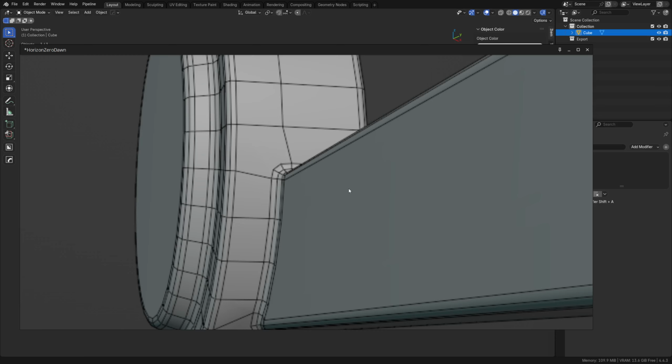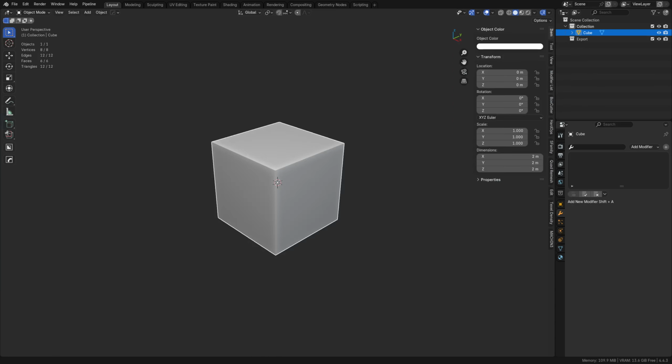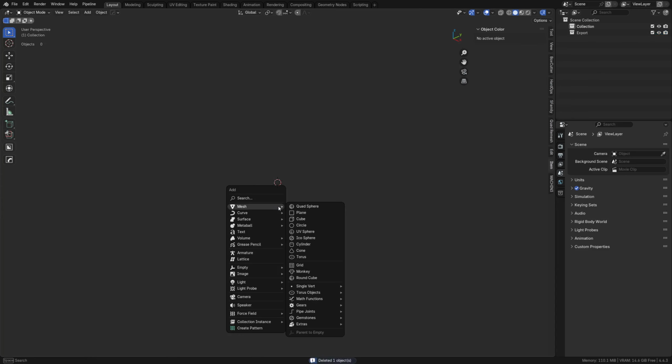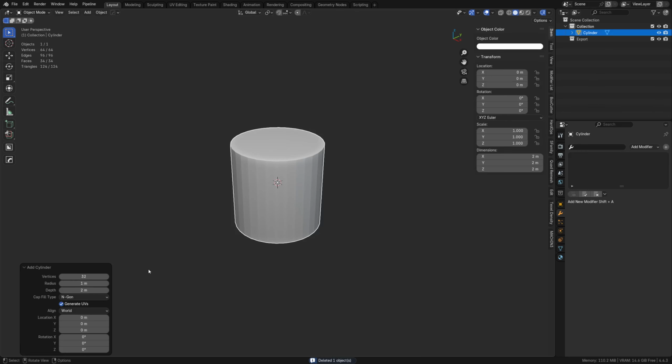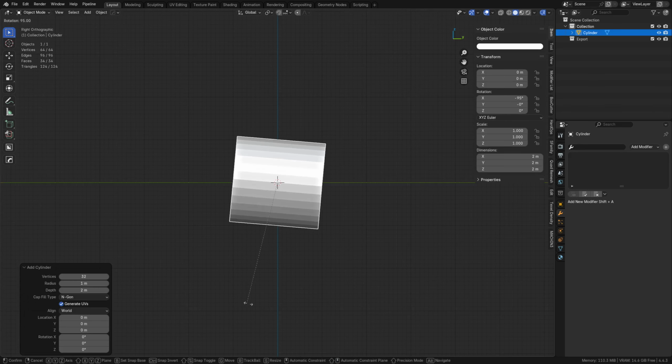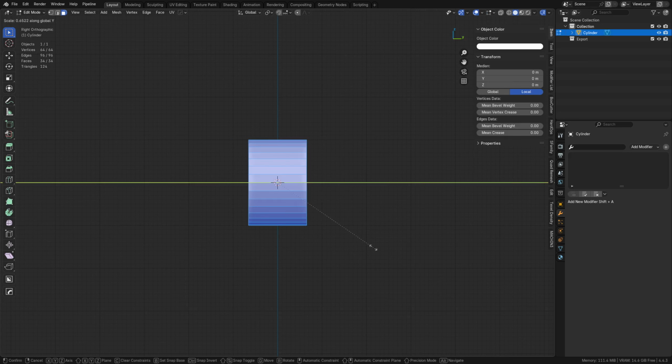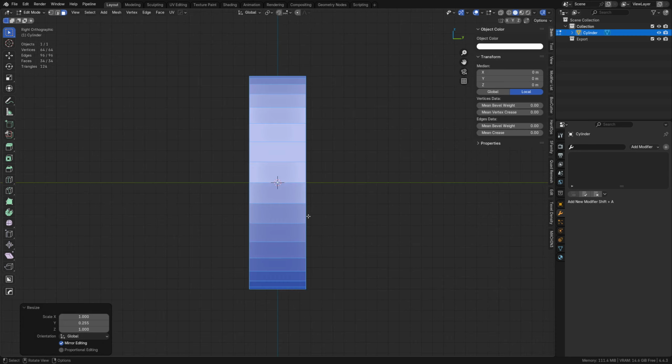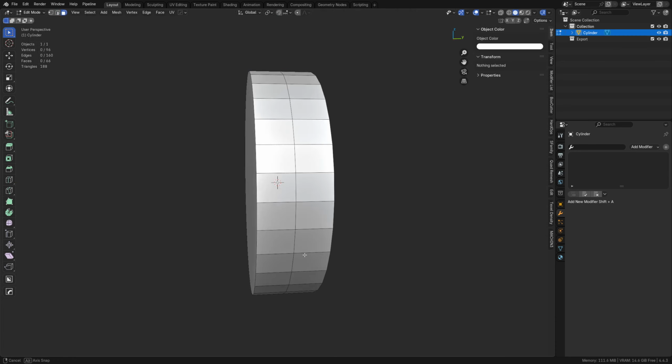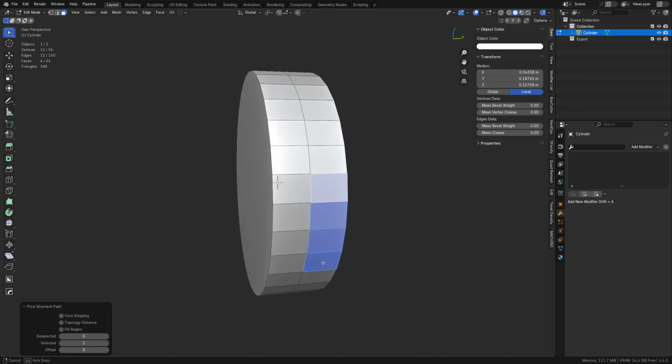Now, the best way to fix this is going to be to use a data transfer modifier. What you're doing with the data transfer modifier is going to transfer normal data. So you're doing custom normals, guys. That's what you're doing. Now, let's go ahead and recreate this thing real quick and kind of fly through this. This is a little bit more advanced territory. This is not something that you're going to be doing as a complete beginner using custom normals all over everything. But there will be times that you have to start doing this, so it's good to learn how to do it. And it takes some trial and error to figure out how to actually make it all work, but we'll